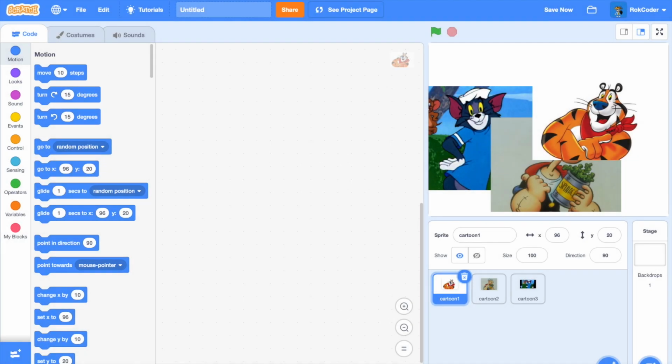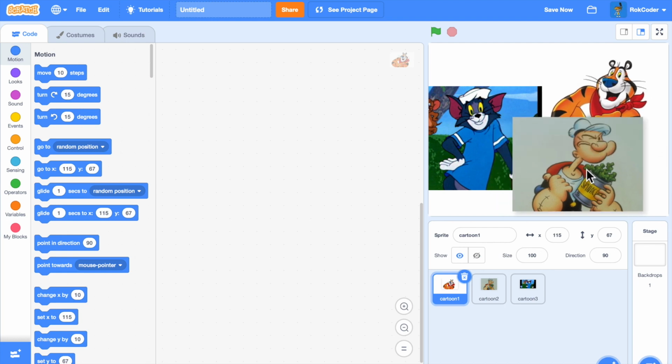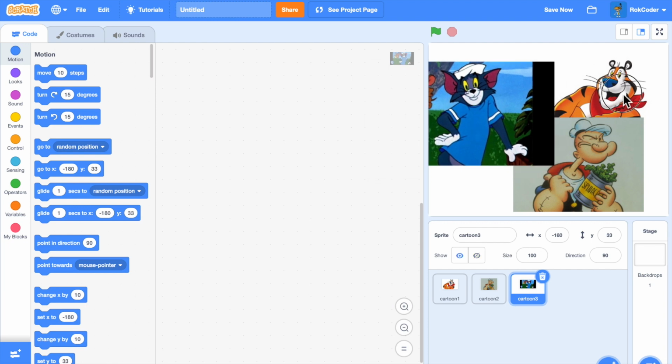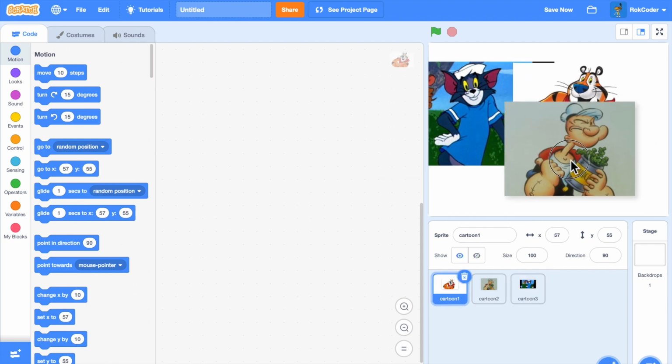In this tutorial, I'm going to show you how to remove the backgrounds from costumes. In this little project I've got in front of me, I've got three sprites. I've got a tiger, Popeye, and Tom from Tom and Jerry. But they're not very good as sprites because they have the big backgrounds with them. They're big rectangles. All I want is Tom on his own, the tiger on its own, and Popeye on his